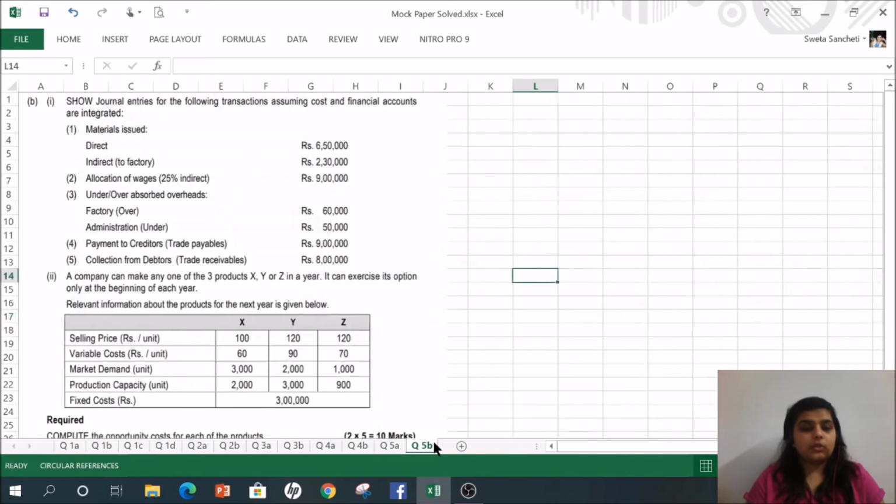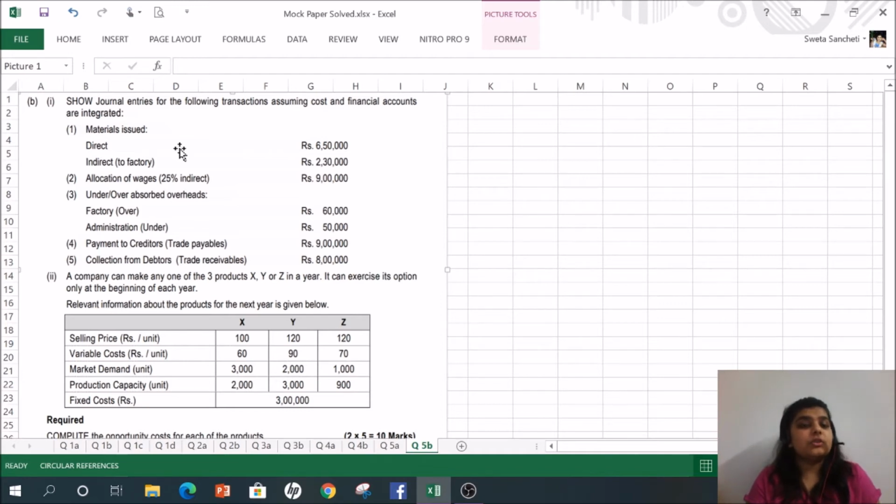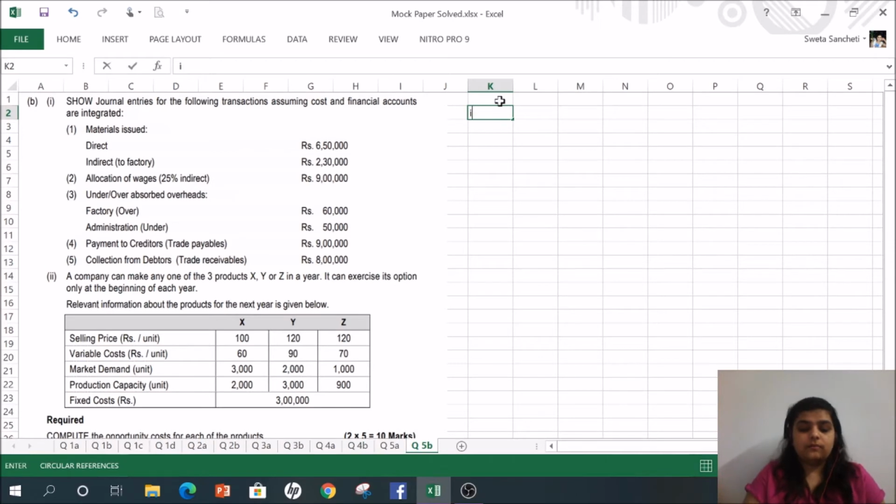Now our last question. Now this is the last question, which is again divided into 2 parts. First is with respect to the journal entries for integrated accounts, that is show journal entries for the following transactions assuming the cost and financial accounts are integrated. So we are going to have journal entries here. This is for part 1, that is journal entries. Let us prepare our format,